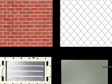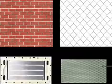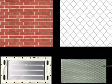If asked which of the first two pictures would have the greatest amount of surface area, meaning the most surface that can be physically touched, most people would agree that it would be the brick wall, since the chain link has very little actual material and is mostly holes. Even if the chain link fence were 10 times bigger than a brick wall, it would still not have a